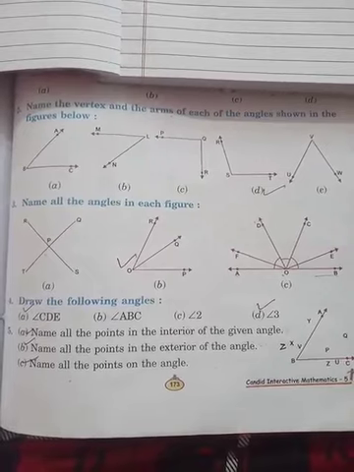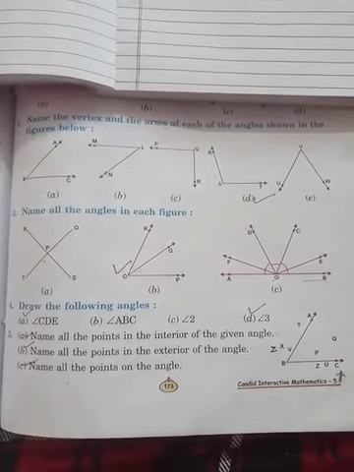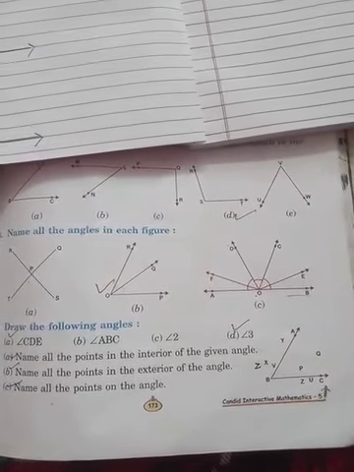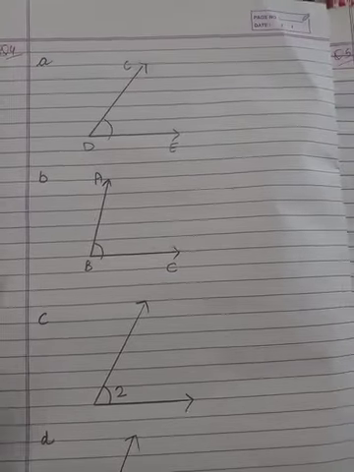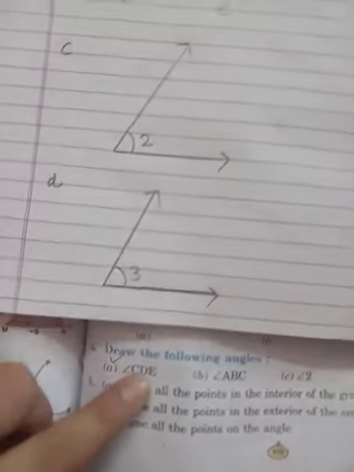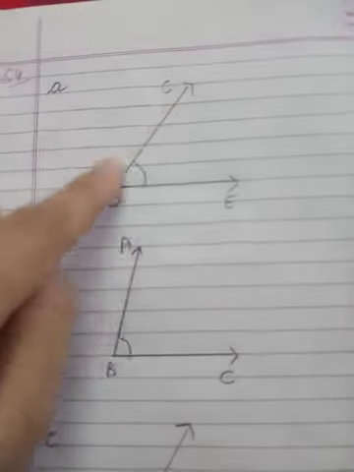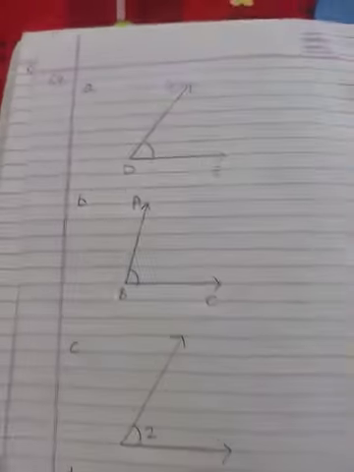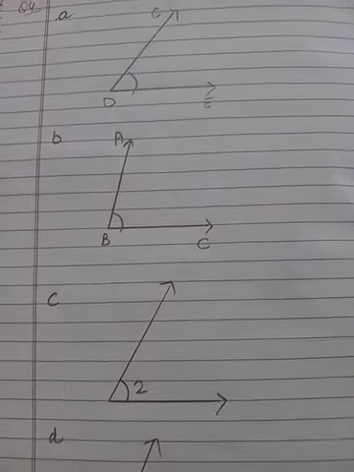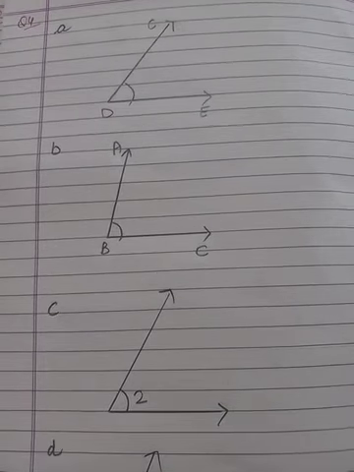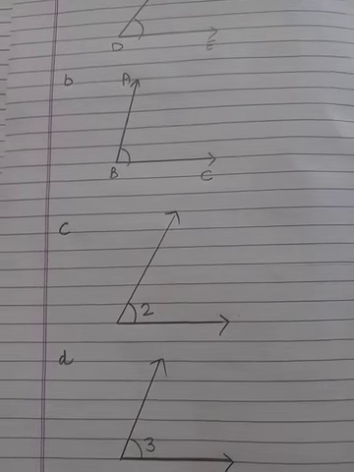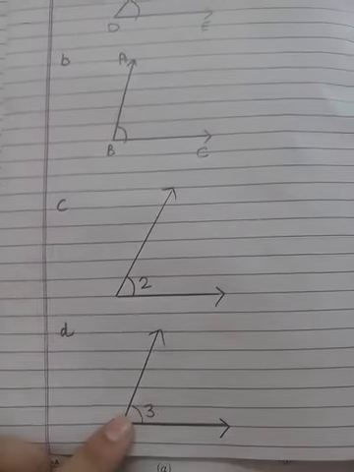Now question number 4 is you have to draw the different angles. So simple, you can draw it of any measurement. So simply draw it and then label it as given in the book. So first question, it is given angle CDE. So the D point is at the center, so it means your vertex point is D. You will draw it and represent with the help of arrow, then label it CDE. Similarly, next is angle ABC. We use the scale and compass and protractor to make the angle. Next one is make angle 2 of any measurement and represent as angle 2, and for the last represent as angle 3.